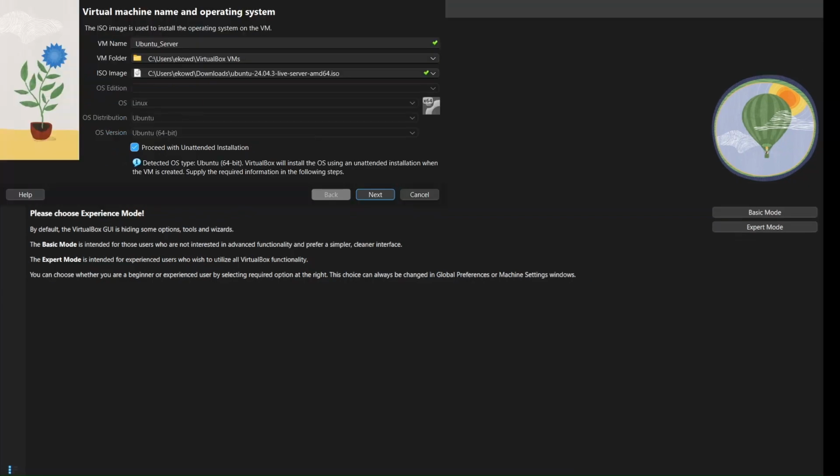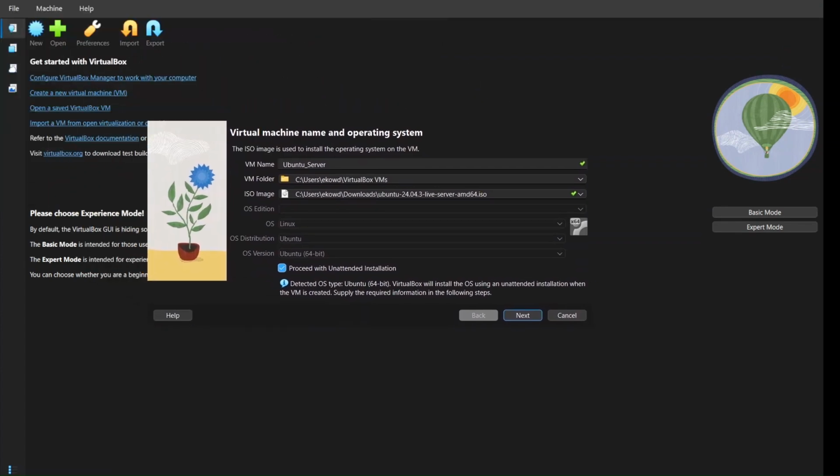Okay. So like I was saying, I was creating a virtual machine. This way, we define the name and the operating system for the virtual machine. For the name, I set it as Ubuntu server, and for the destination, I just let the system pick. And then I set the ISO image for the Ubuntu live server that we get for Windows, because I'm using a Windows machine. And then we proceed with the